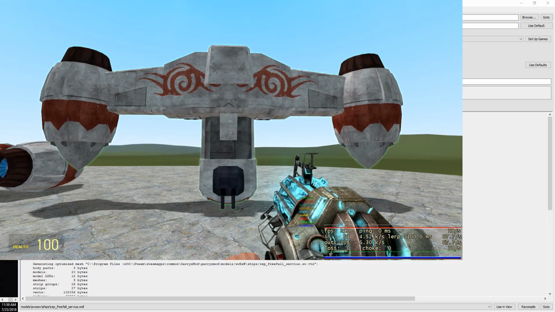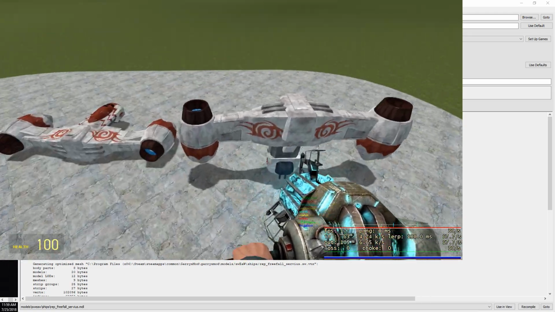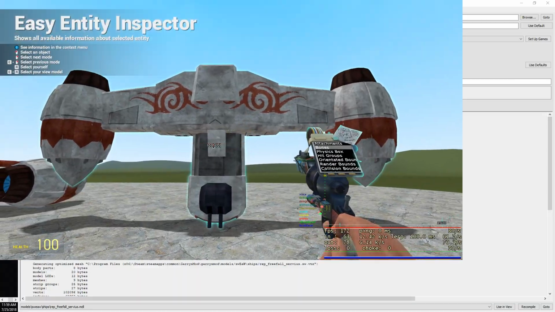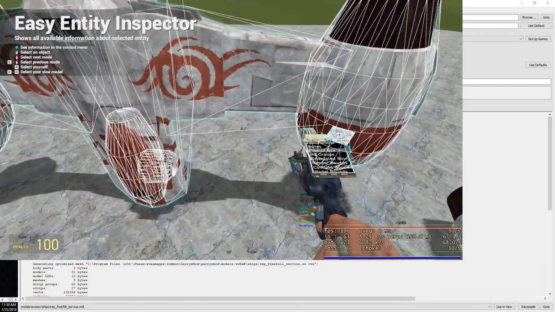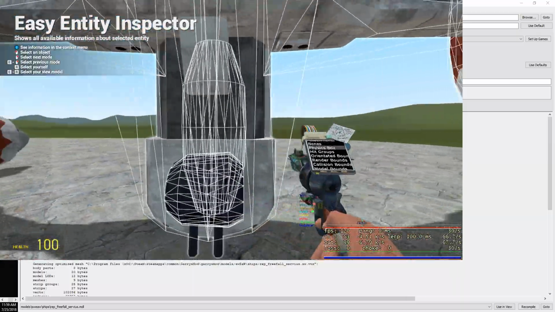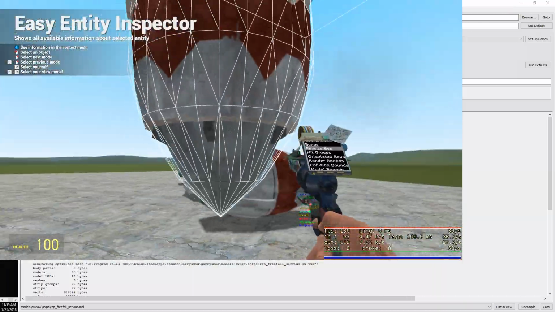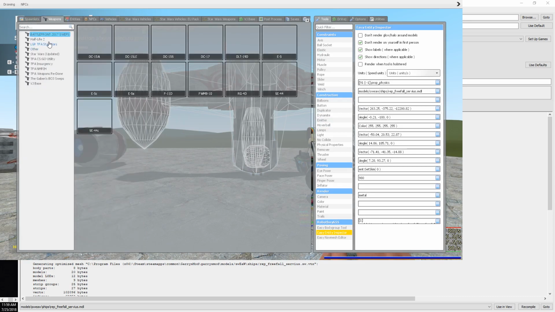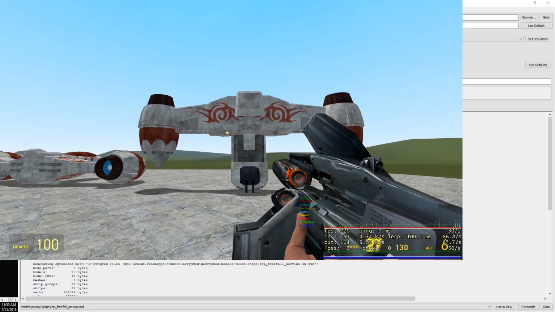so it's actually been flipped forward. That happens when you export stuff. But look at that. The physics model is more or less perfect. I can walk under it, hit that, and more importantly, during dogfights, when you're